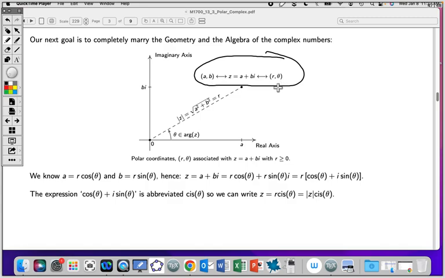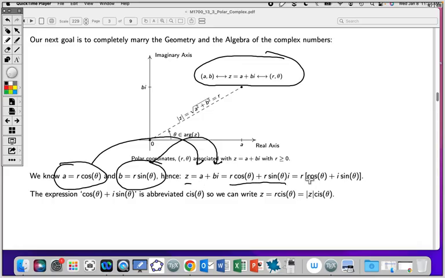So we know that the x-coordinate is r cosine theta, and the y-coordinate is r sine theta. So if I put those in for z here, I get z equals r cosine theta plus r sine theta times i. I can factor the r out, and I get this